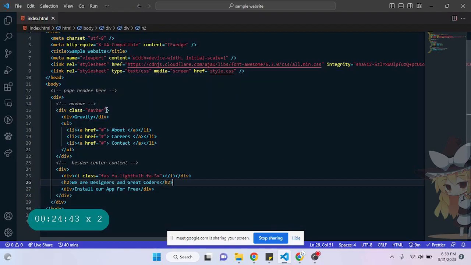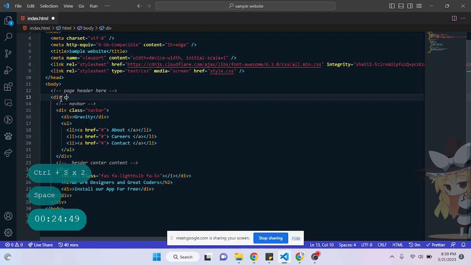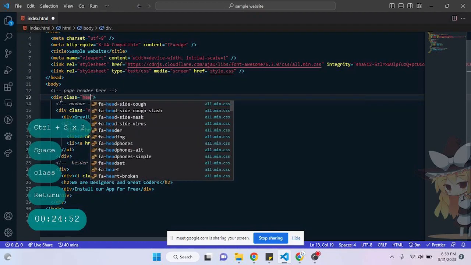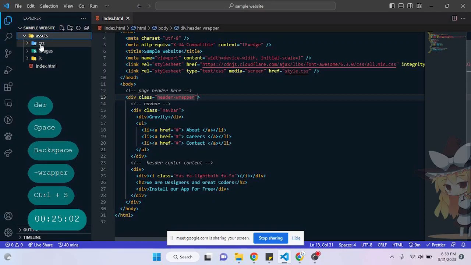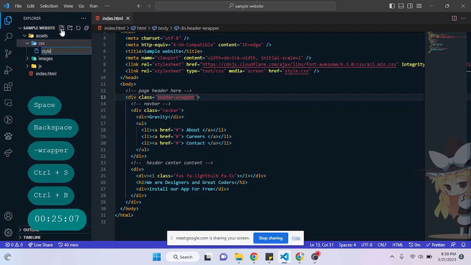Now let's first design our navbar with our header. So this is the navbar. I will take this div tag here now and give it a class. I'll call it header wrapper. Okay, so now I'll open my CSS. Create a file and call it